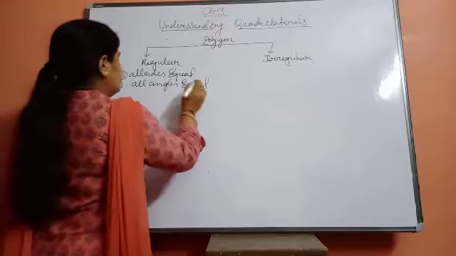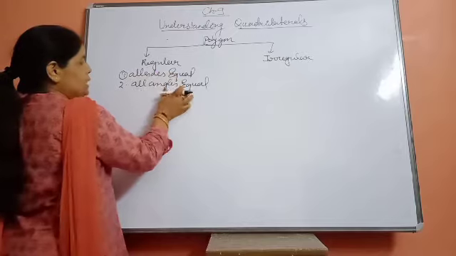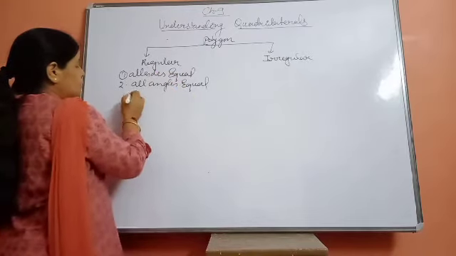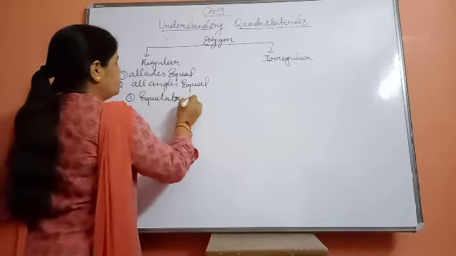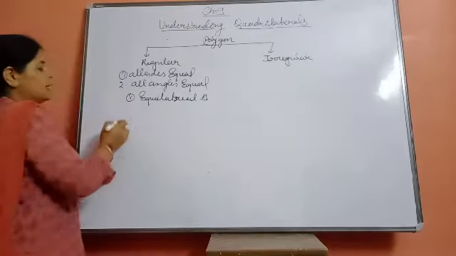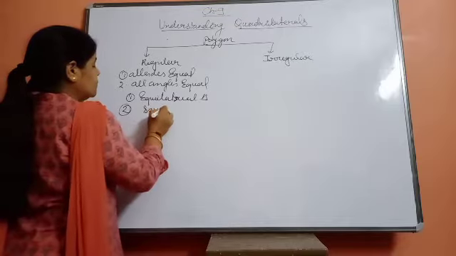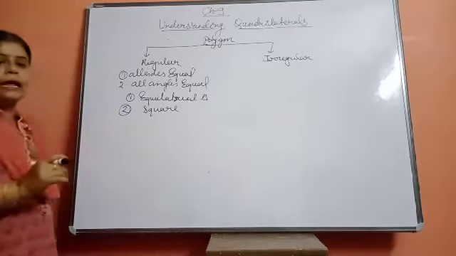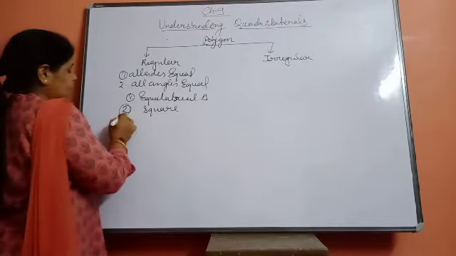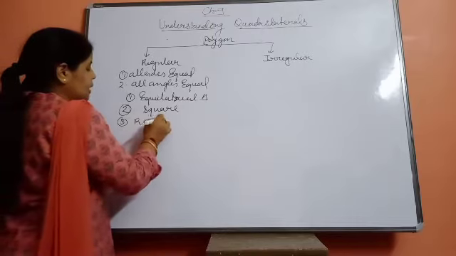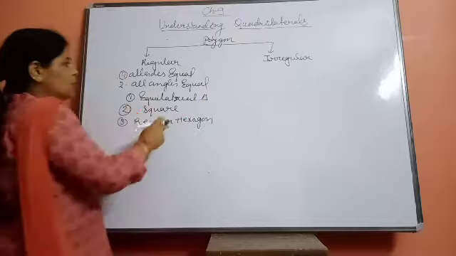Can you tell me examples of figures with all sides and all angles equal? From triangles, it is the equilateral triangle. You know that in an equilateral triangle all sides and all angles are equal. From quadrilaterals it can be a square. In a square all sides are equal and every angle is equal to 90 degrees. And third, we can say a regular hexagon. These are the examples of regular figures.